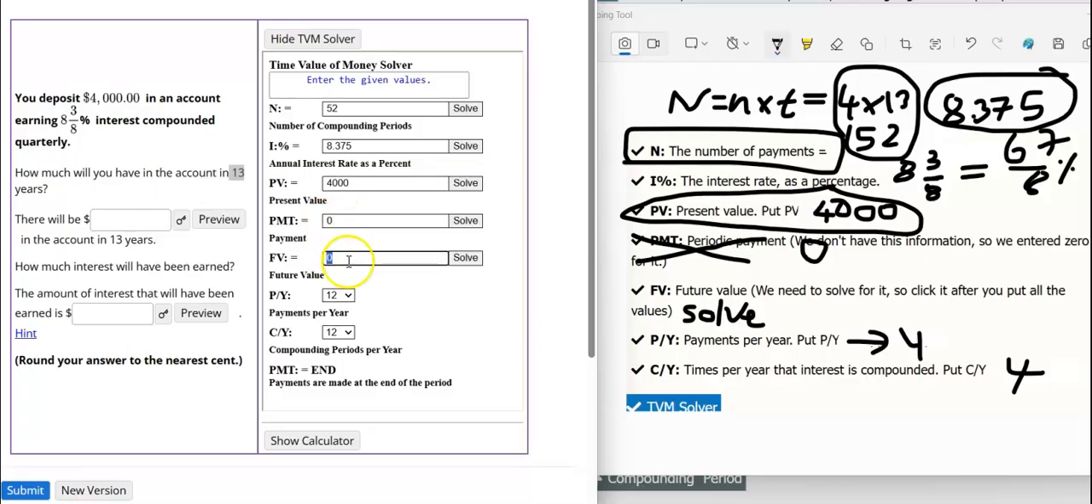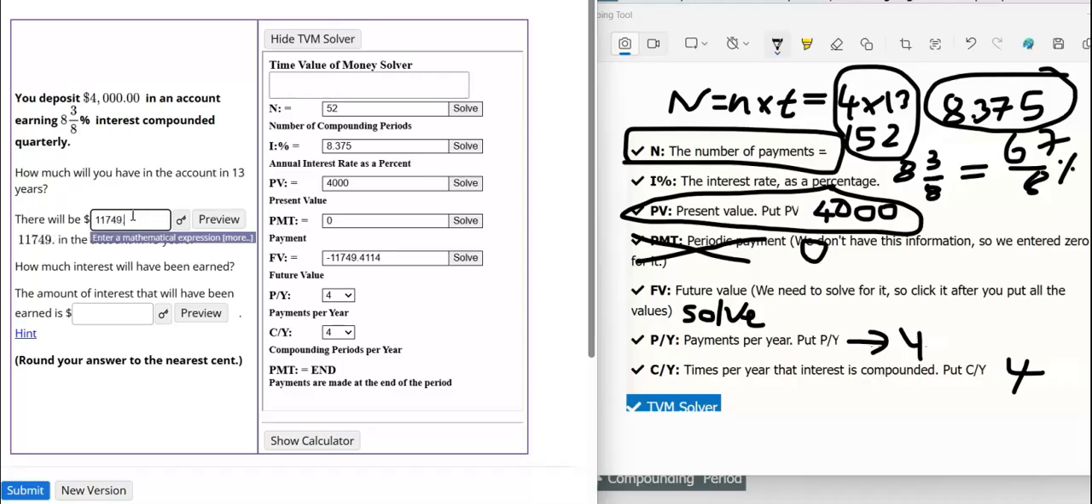Future value, we want to solve this one, so I would click this eventually. P/Y, I said this is the 4 because of quarterly, 4 here, and C/Y also 4 because of quarterly. Now you solve for future value. So that's what you get. You get minus of that. Don't worry about the negative. Just put positive